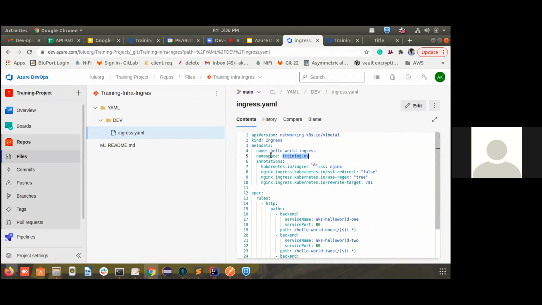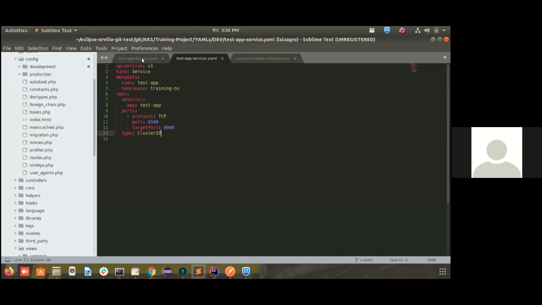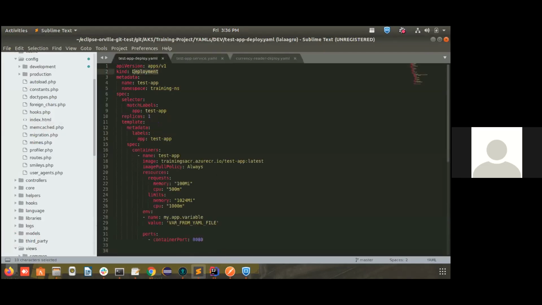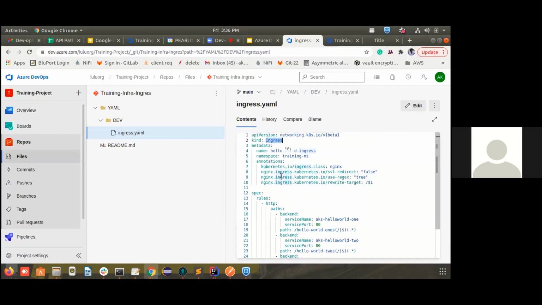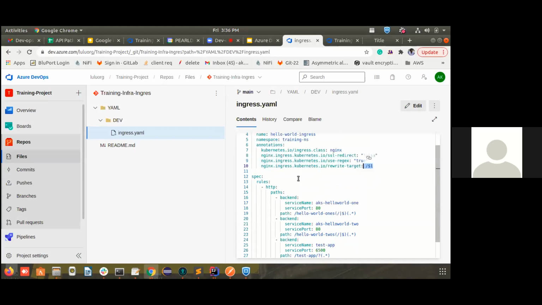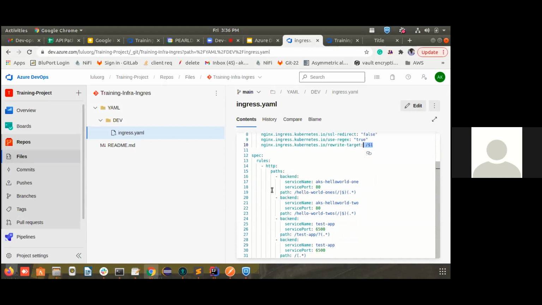This is the namespace where this ingress will live, and hello is the ingress name. The kind in this deployment descriptor is Ingress itself. If you look into the service and deployment files, the kind was Service and Deployment, but here the kind is Ingress. These are our annotations that we use to route the ingress. These all have meaning, but I'm not going deep into that here. I'll focus only on this.